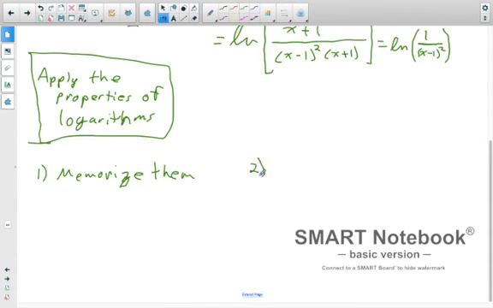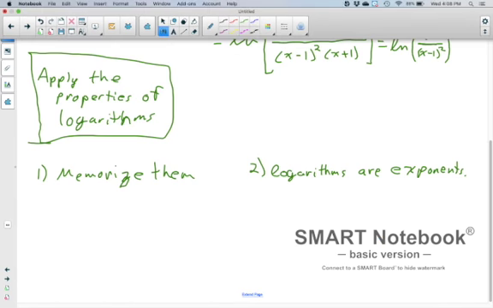The second way is to understand that logarithms are exponents. So apply the properties of exponents to logarithms. Okay, that will do it for this video, and I will see you